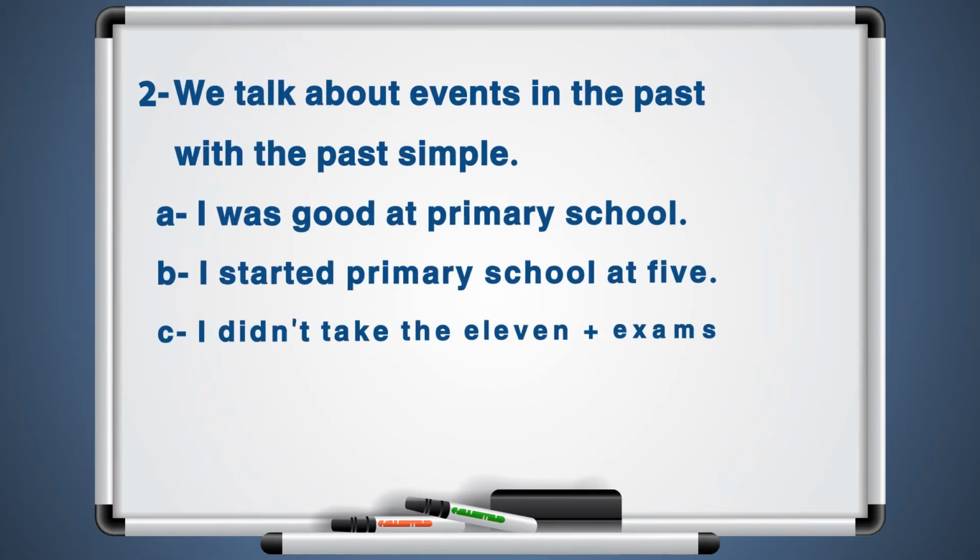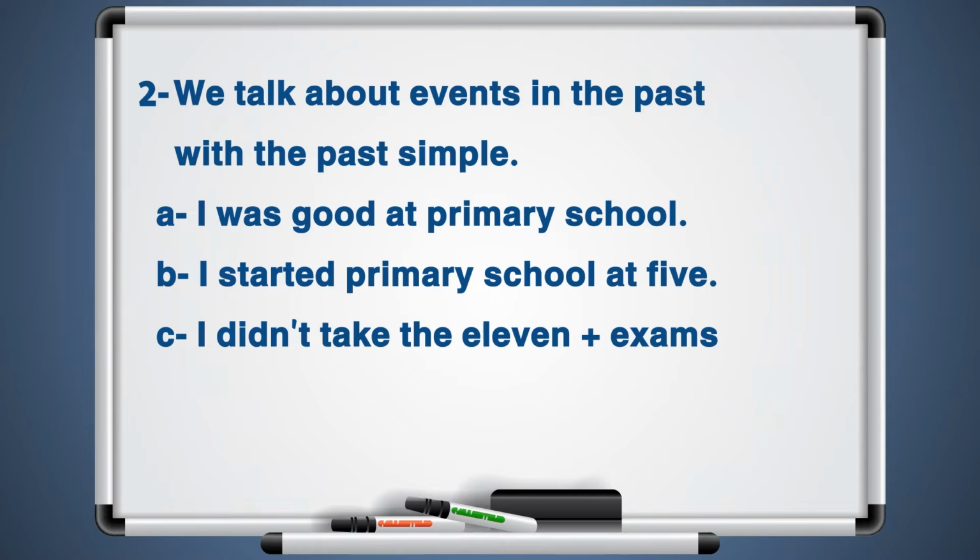We talk about events in the past with the past simple. And when we say events in the past, that means the event is finished, without any effect of it. There is no present effect of what has finished. For example,